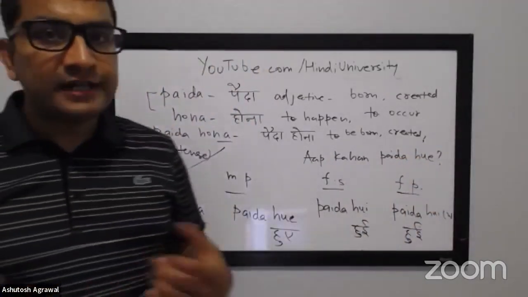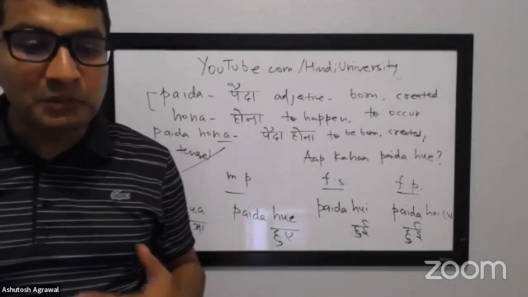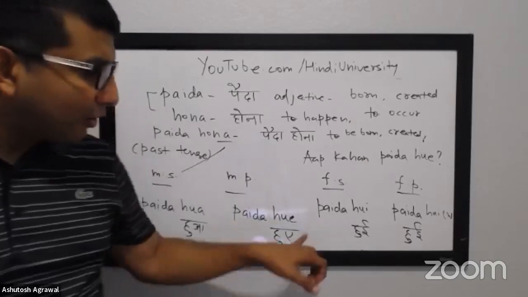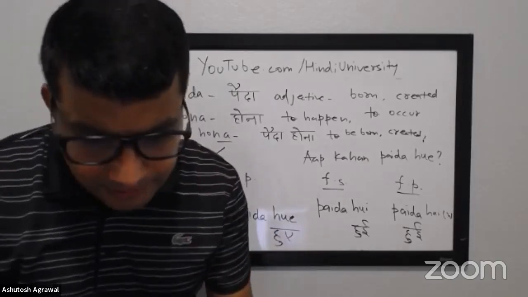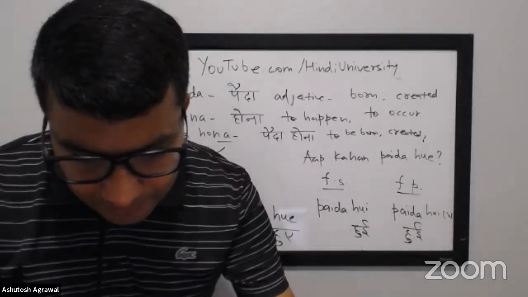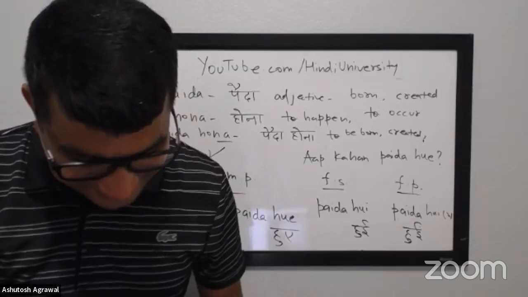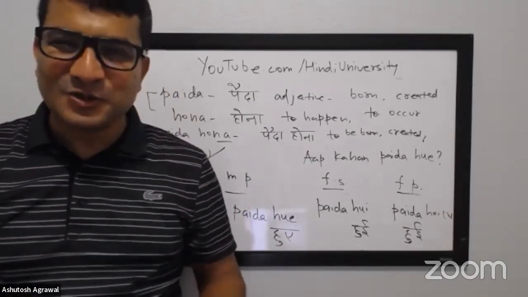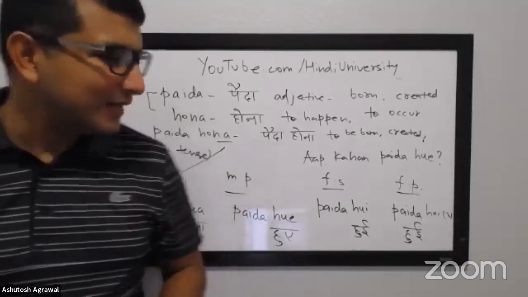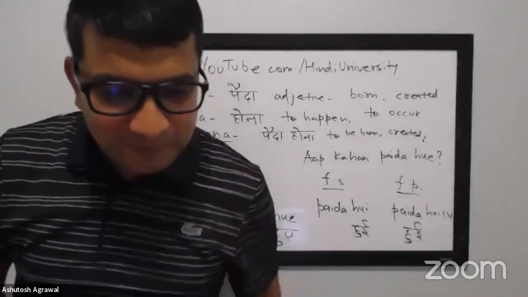Okay, we'll read a paragraph and you will see the use of पैदा होना multiple times. So we should try all different kinds of combinations. Okay, let's see. Master Ramji, how are you doing? बढ़िया है, ठीक है. You want to ask someone, basically pick any person and ask them,